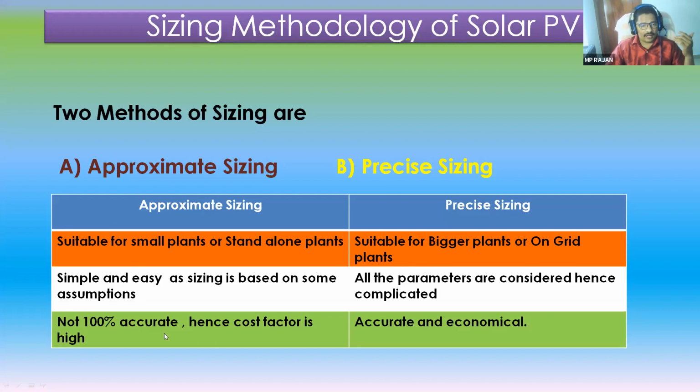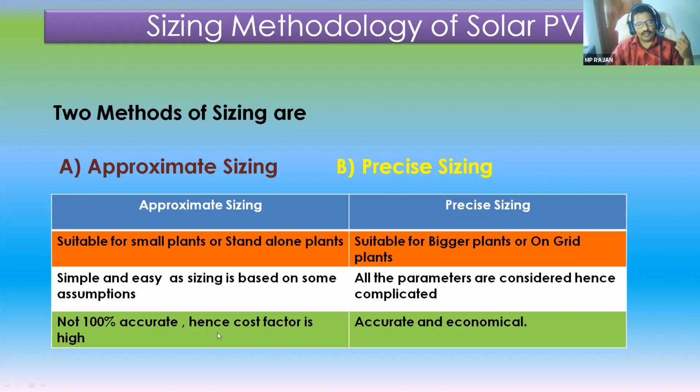But if you are considering all these things, you can get an accurate and economical sizing, whatever is exactly required. By taking into consideration all the parameters, we usually get the accurate value for the inverter. So you may not go for a bigger size. If 600 VA is your requirement, you may not go for 650 VA.